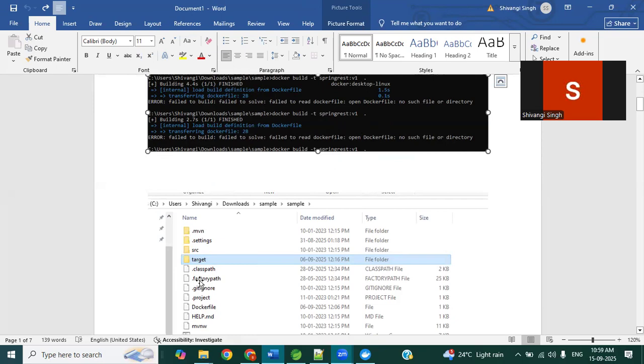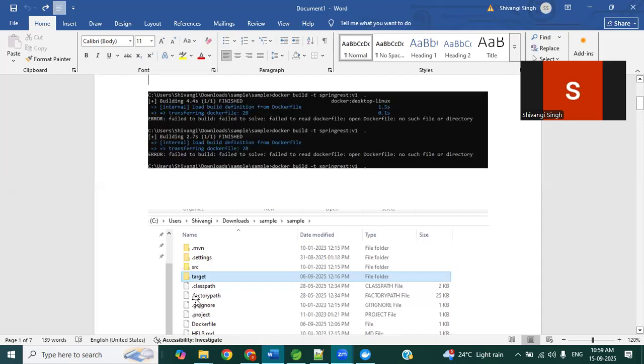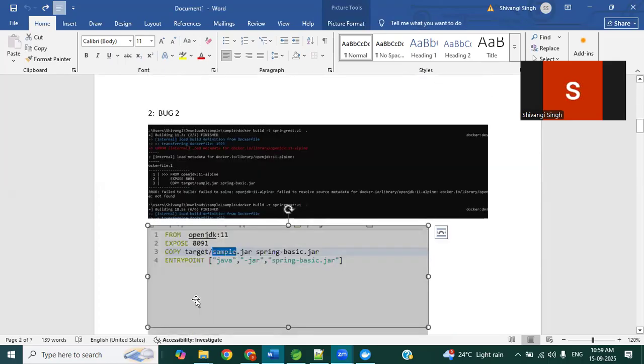So you take the name of the Dockerfile as D capital and F small, and you won't get such issues as no such file or directory. I resolved this issue by using the naming convention D capital and F small when I'm not explicitly defining my Dockerfile name.